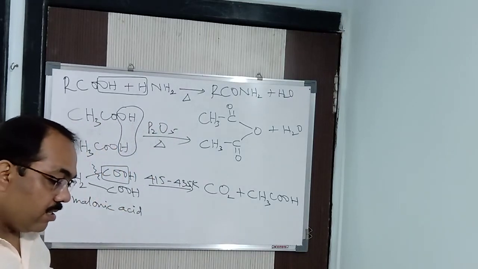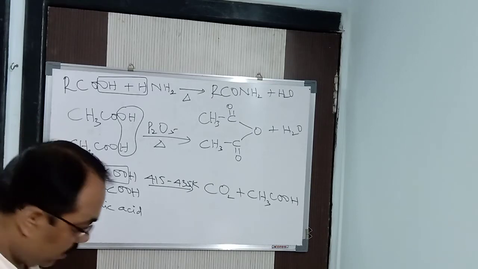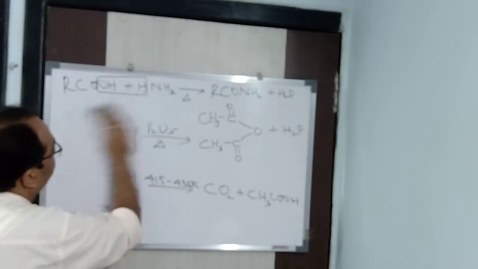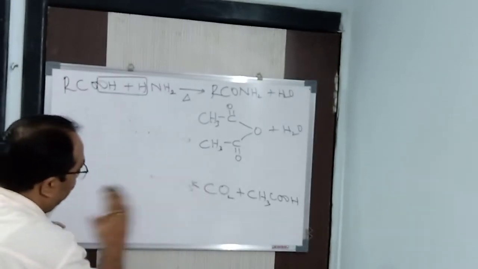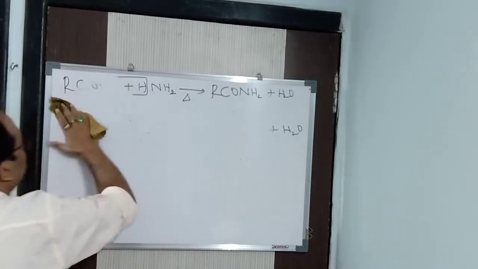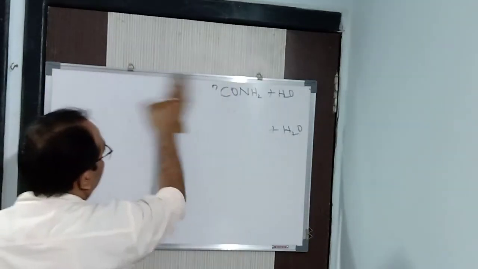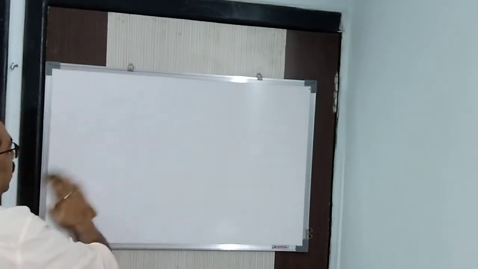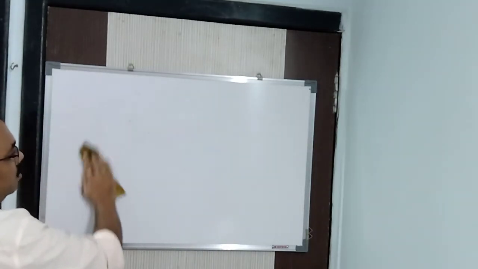So in this way you will be getting different compounds on heating with different conditions. For that reason I say that in organic chemistry, you need to understand the conditions. Once you learn the conditions, then organic is very simple. You have to remember the conditions, because when the condition changes, the product also changes.